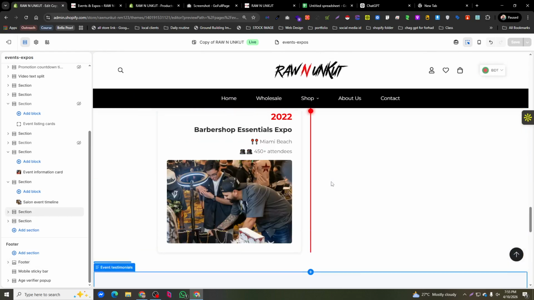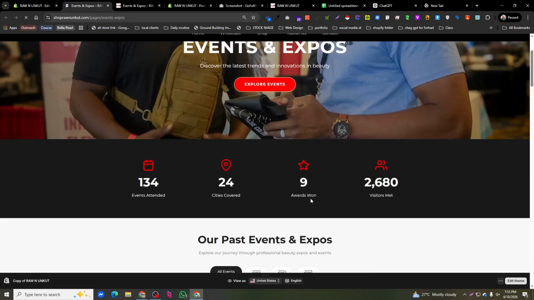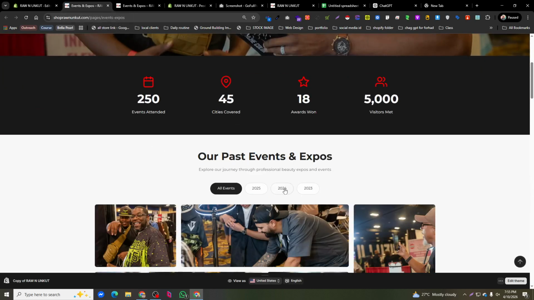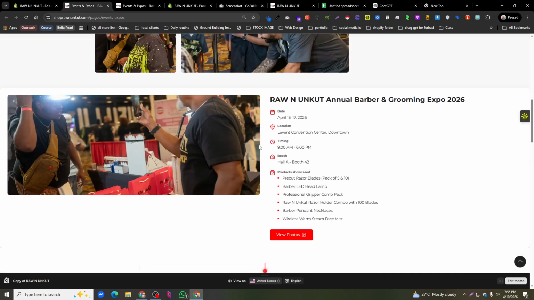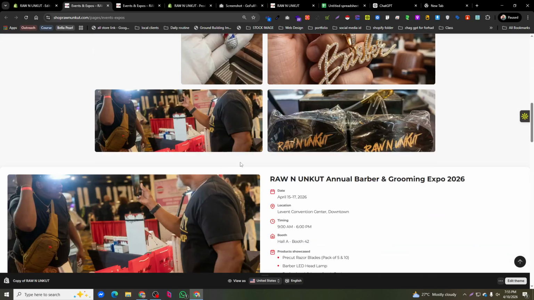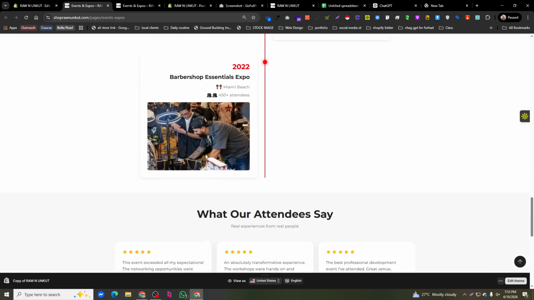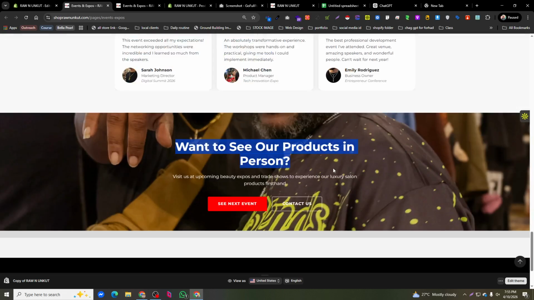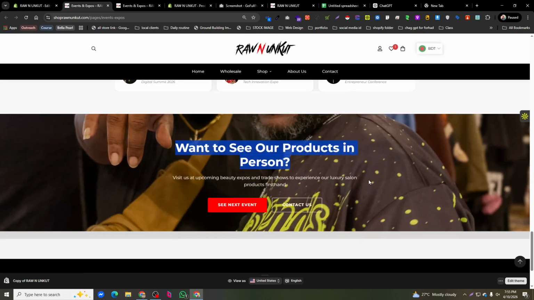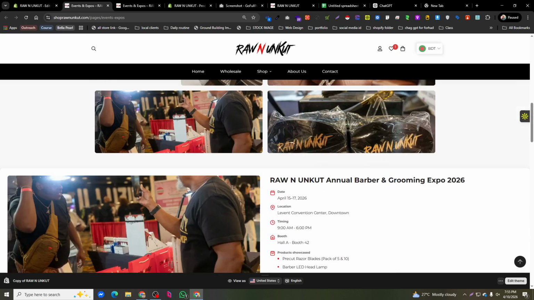Now I have already given the shape, so let me show you the preview to see how this looks. Let's go to the preview. Okay, so this is the preview. Now you see it looks something like that. It's pretty good, right? There's 2025, and there are two event photos, and then also 2024 and 2023. All of the event pictures are showing here, all of my client's previous event pictures. Pretty good, right? And then also some of the reviews, and then also the call to action. I have tried to make it pretty simple so that the customer will actually love it. That was my goal. As you can see, it looks pretty good, right?